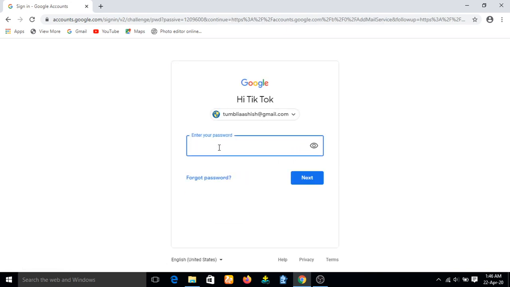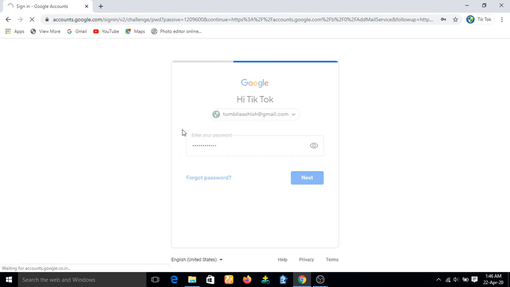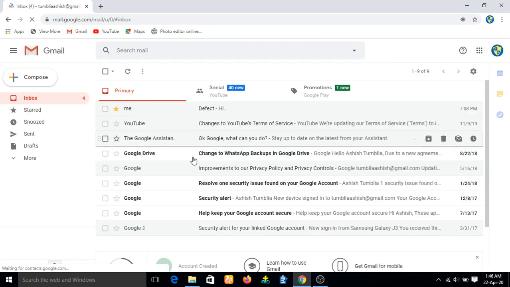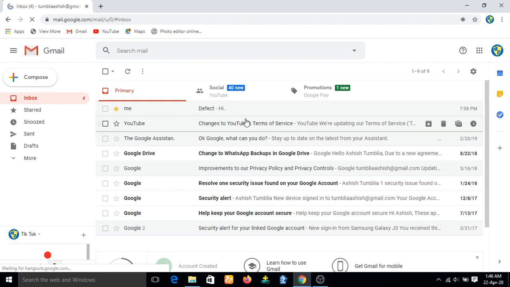Now I will enter my password. So it's opening now. It will take some time. Now I have successfully logged in to my account, and now I will test this application.